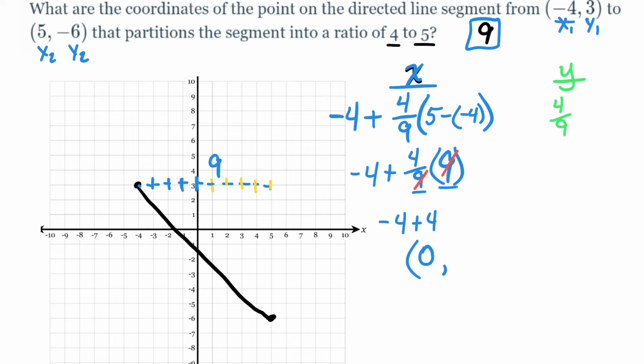Y value, we're going to do the same thing. Let's go ahead and count this distance down, though. We go from positive 3 down to negative 6, 2, 3, 4, 5, 6, 7, 8, 9. That's 10 whole units. We're going to create the equation, but just keep in mind that's 10 units. Here's our formula, though. We will take y2